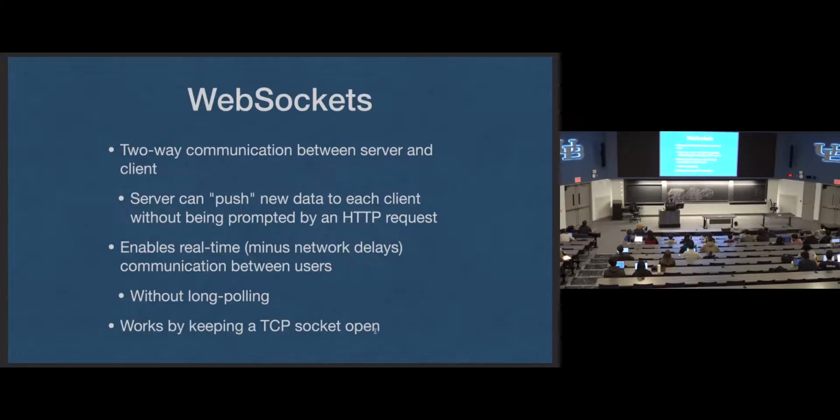So the goal here is to have those push notifications. We want the server to be able to send information to the client unprovoked and without the overhead of long polling. We just want the server at any time to be able to say, here's some data. And that's what we're going to get. We're going to send that data over a TCP connection. This is very efficient, very near optimal way of sending information from the server to the client, and vice versa, as it turns out.